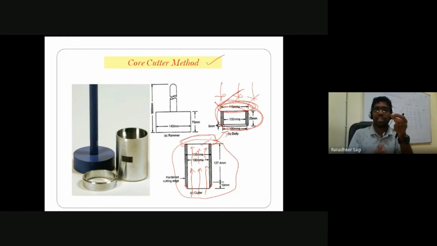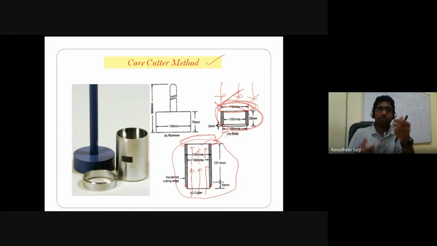Then that particular cylindrical mold, maybe on the top and bottom of that mold, you might have some extra projection of the soil. Try to properly cut it and trim it, both on top as well as on the bottom. You have to ensure that the soil which got collected in the hollow cylindrical mold should be exactly equal to the volume of the mold only. No extra projection on top and as well as on the bottom of the mold. You should not see any extra projected volume of the soil. So you have to properly cut that extra projections of the soil.